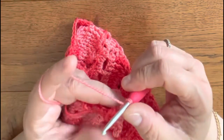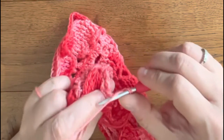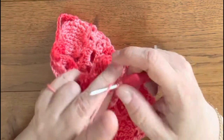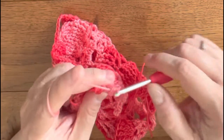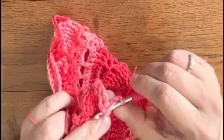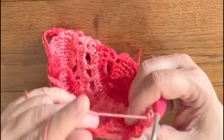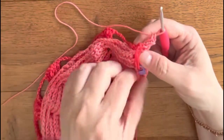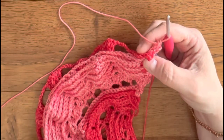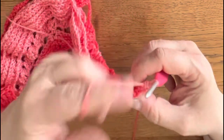Start with 2 back post double crochets, so go right in here, 1, and 2. I will place the other yarn with a stitch marker to my side so that it's not in the way. Chain 9,